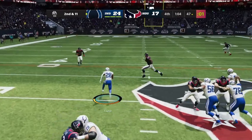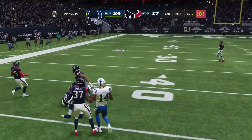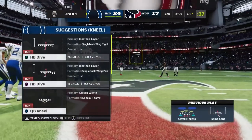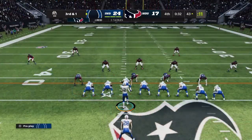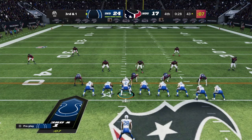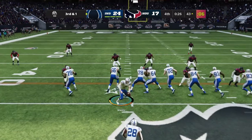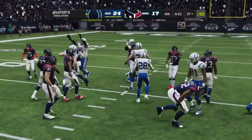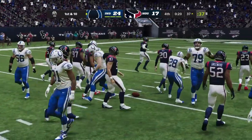On 2nd down, it's Taylor. And he'll get it down here to the 43. 80 yards rushing for him now as he has been tremendous all day long. Heavy set out there on 3rd and 1. They go to the ground again with Taylor. And he is going to have the 1st down, and that is going to suck the life right out of